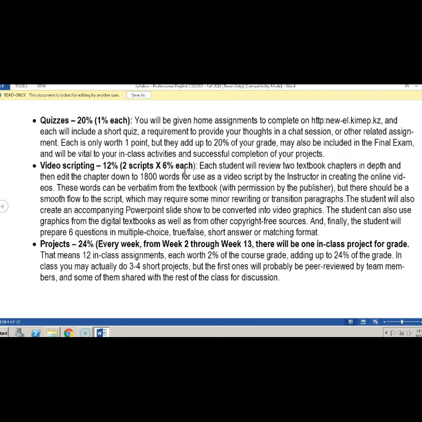By the way, in preparing the script, the only original writing you have to do in this exercise is maybe transitions. Since you're knocking 30 pages down to 5 pages, it's going to be a little bit disjointed if you don't write a little bit to make it sound smooth. That's the only original writing you're doing. And I have permission, by the way, from the publisher to do this. They want me to do this multimedia, and I will give them a copy of it for their use.